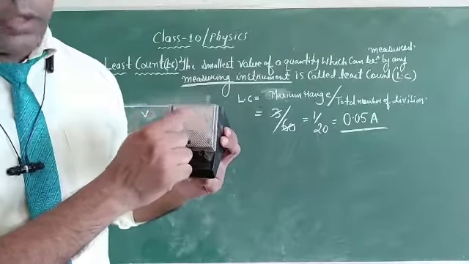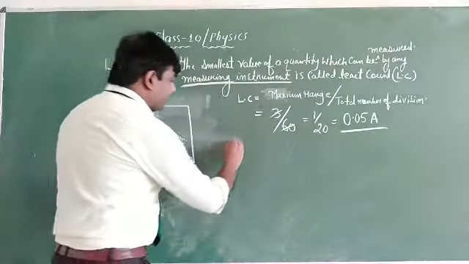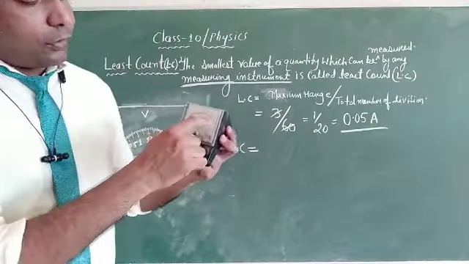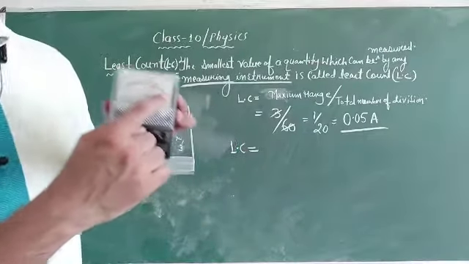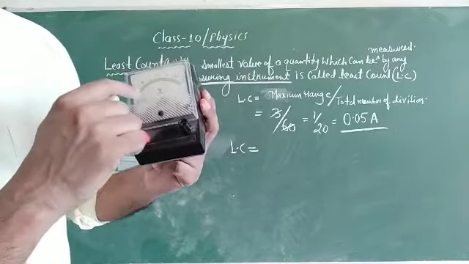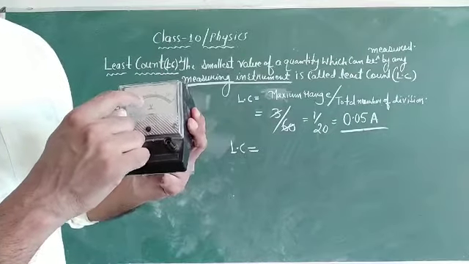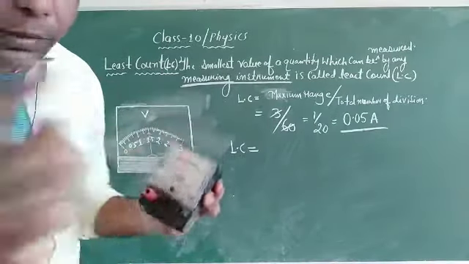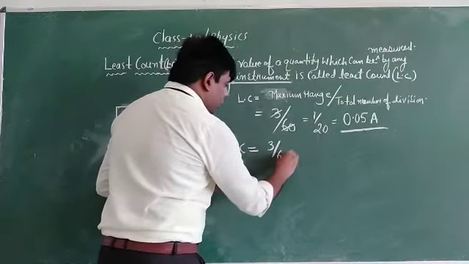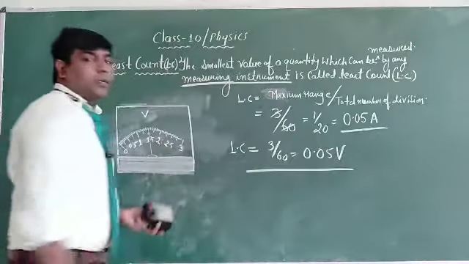1, 1.5, 2. So for the least count of the voltmeter, we are dealing with the voltmeter. The maximum range, see here also, is 3. If we move from 0 to 0.5, then it is 10 divisions. Till 1 it is 20 divisions. So the total number of divisions is 60. Same as before, here it will be 3 divided by 60. It will be 0.05 volt.